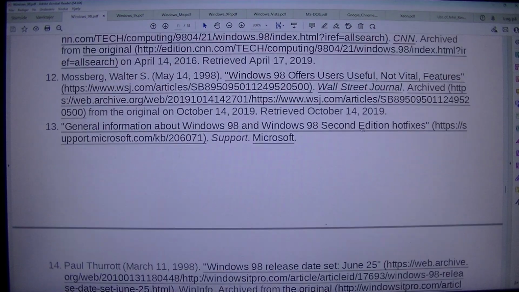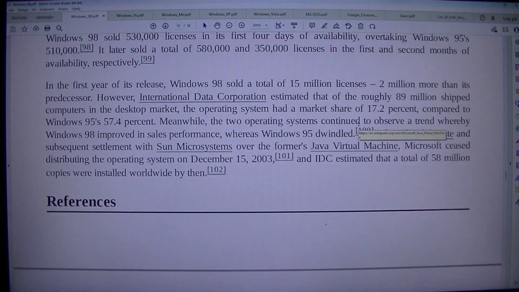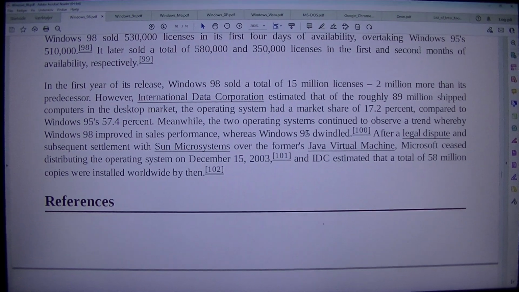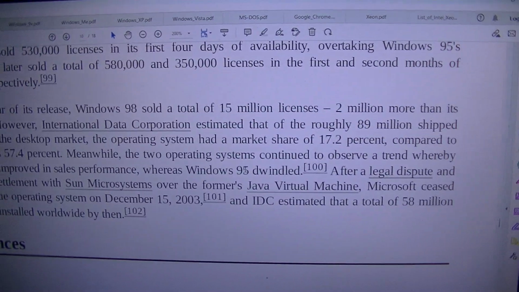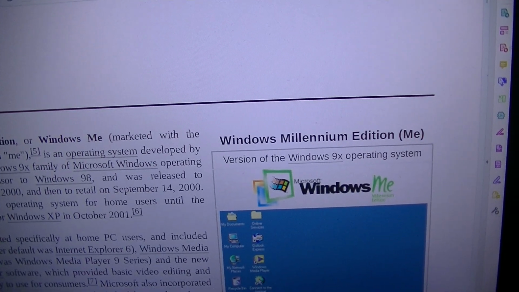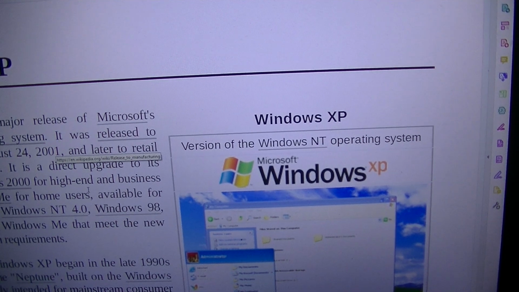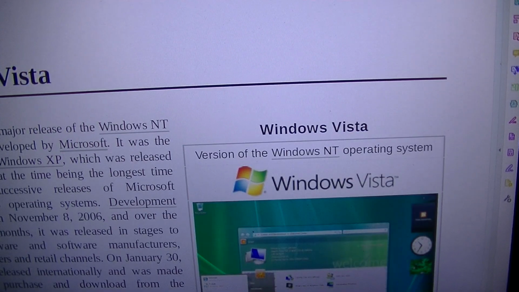Then Microsoft took this mountain of many thousands of millions of dollars. They took this many thousands of millions of dollars to make Windows ME and Windows XP, and that's probably sold tens of millions. So Microsoft is making a lot of money.